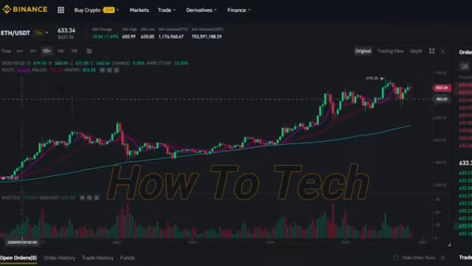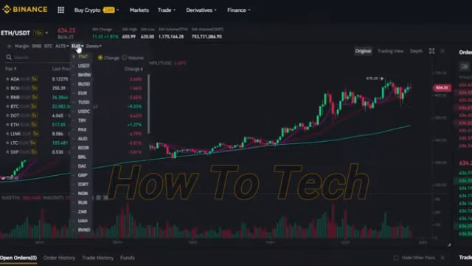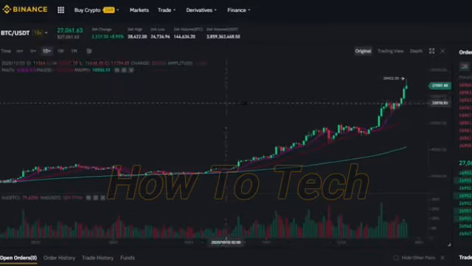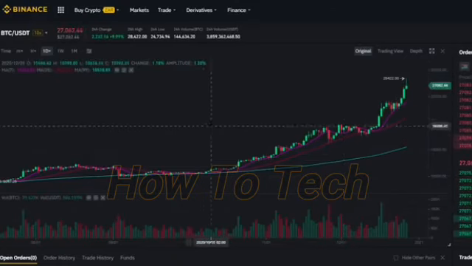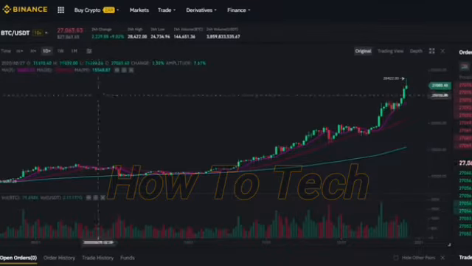So on the top here, you have 24-hour change. Right now, I'm gonna go back to Bitcoin just because I'll select my fiat as USDT and I'll go to BTC. So I have BTC USDT. I like to keep this as a default, just a personal preference. And you can see at 24-hour change, it's showing that Bitcoin has gone up by 9% in the last 24 hours,